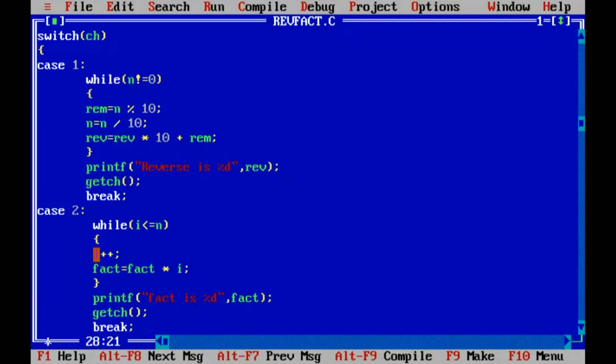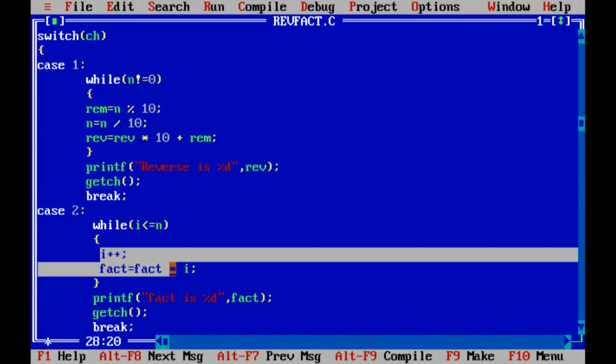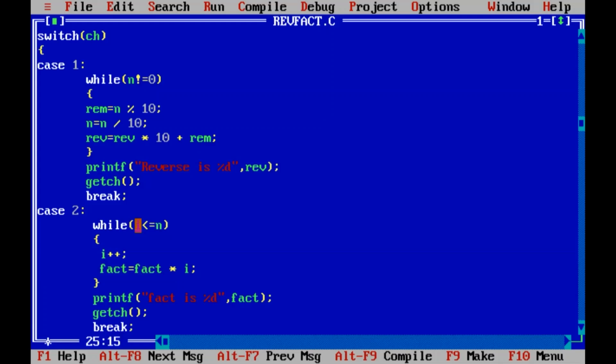Suppose I entered the n value as 5. In each step, I was explaining this using the algorithm. In the last iteration, when i becomes 6, it will come out of this while loop and print the factorial as fact.